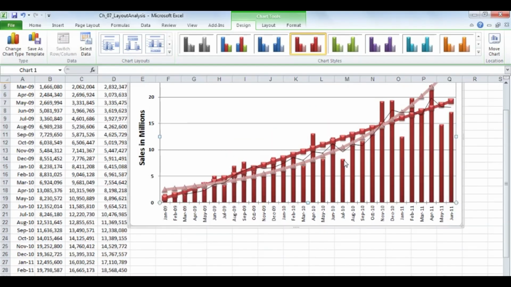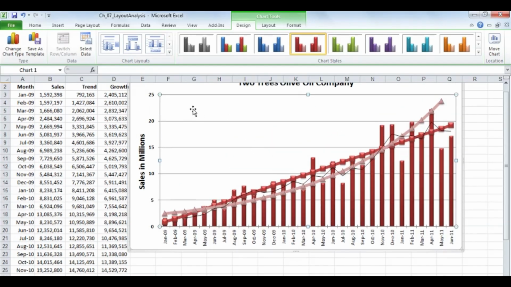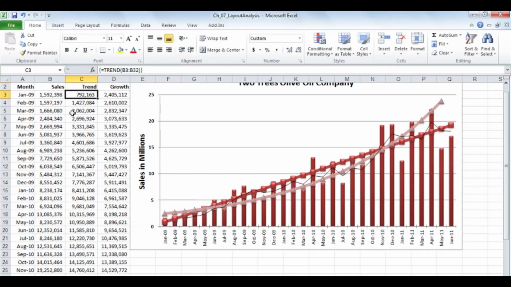If we want to keep all 3 of those, and of course that's making it look pretty crowded, we'd want to change the color and so on, but different ways to add these trend lines. Again, the manual way of doing this makes sense for most people. What I did here with the functions is just to point out that there is another approach to that, so you can get the actual points out there as well. But it is an analytical tool, a trend line that gives us the possibility of analyzing the data that we